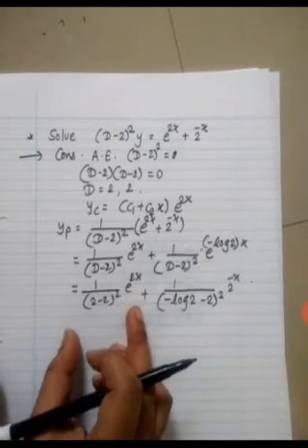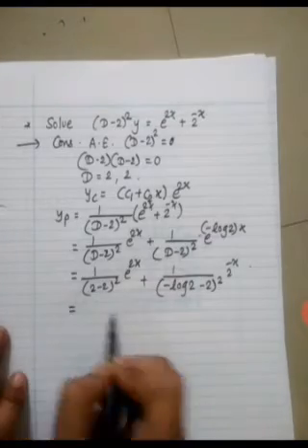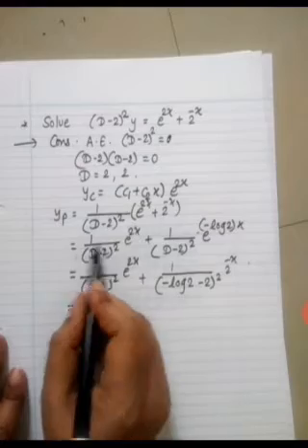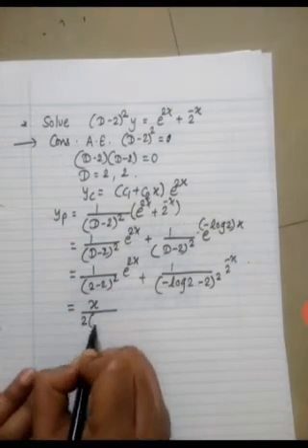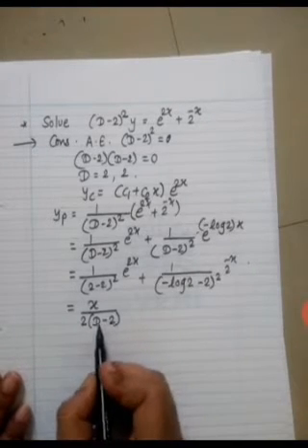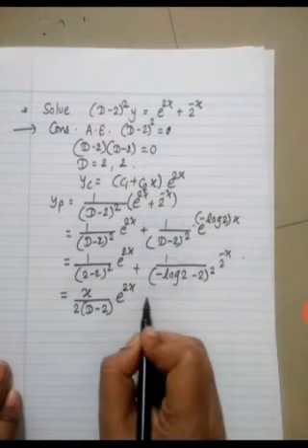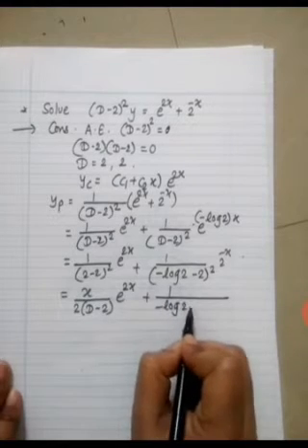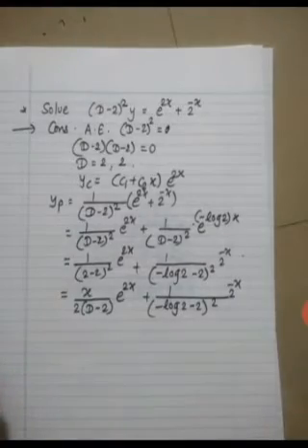Now for this, 2 minus 2 is 0, case of failure. So what do we do? We have to multiply by x and take the derivative of the denominator. That is 2 into d minus 2, the derivative of d minus 2 is 1, into e raised to 2x plus, this is as it is, this is already finished, so no need to do anything. Continue, 2 raised to minus x.